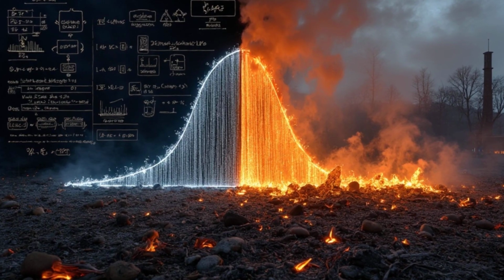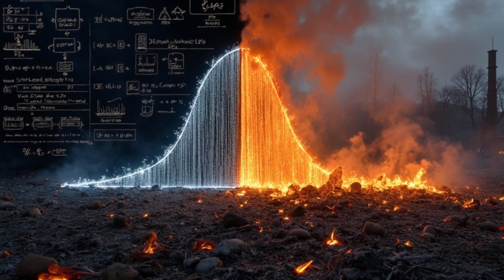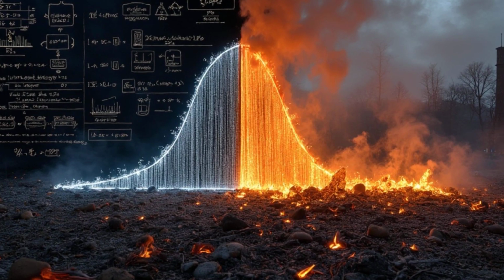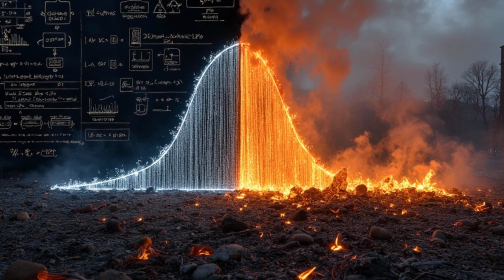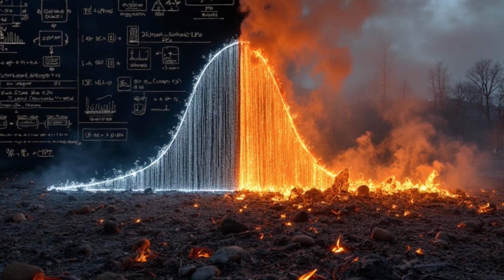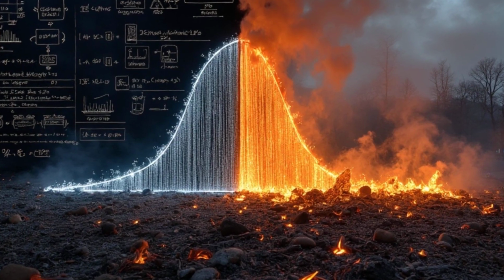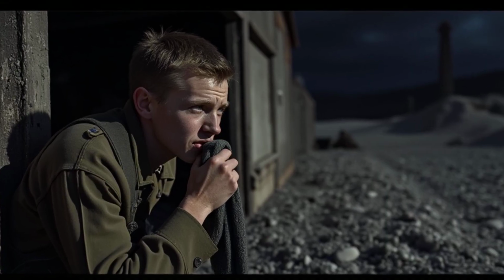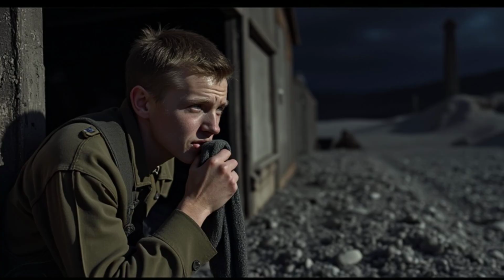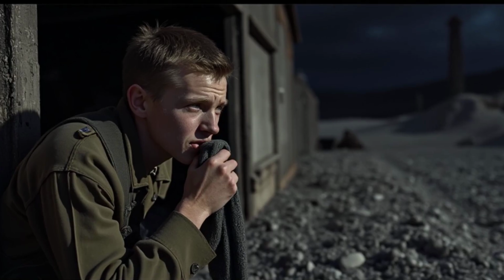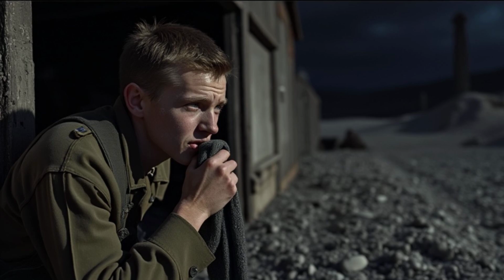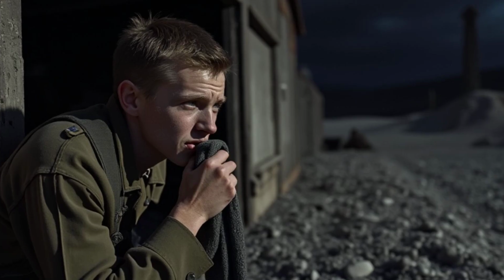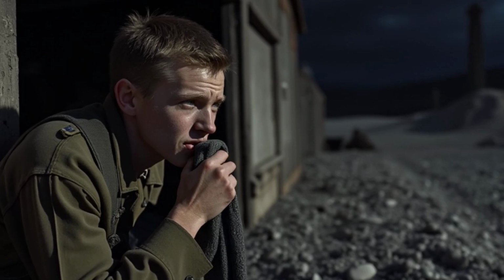From a mathematical perspective, Dresden was a masterpiece of applied statistics. Every prediction proved accurate, every calculation validated. The bell curve had performed flawlessly. From a human perspective, it was hell made manifest by slide rule and calculating machine. Vonnegut survived by hiding in an underground meat locker, breathing through wet rags while the city above him melted into statistical perfection. When he emerged 3 days later, Dresden looked like the surface of the moon, if the moon were made of ash and human bone.